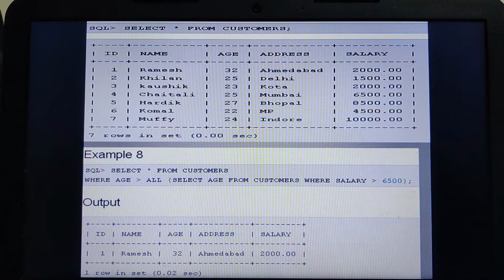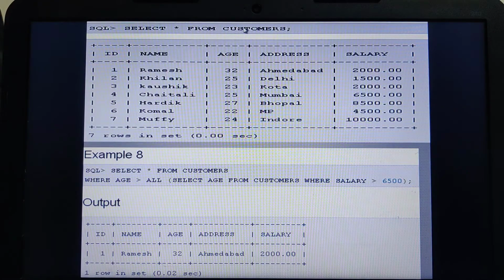When I execute the query SELECT * FROM customer, which I explained in the previous video, the star or asterisk indicates that all the fields of all the records have to be displayed from this particular table. So all the records of the table customer will be displayed.